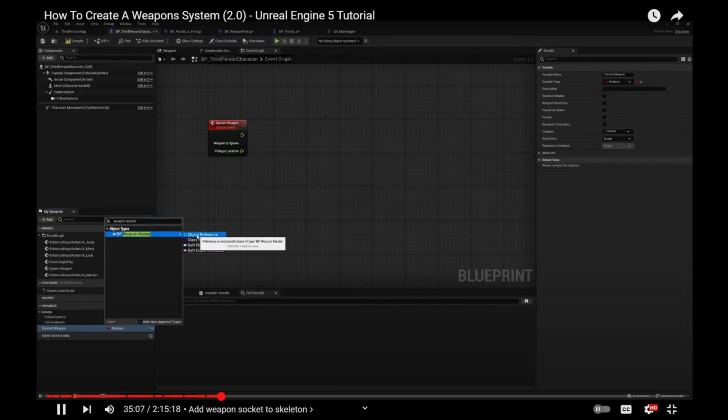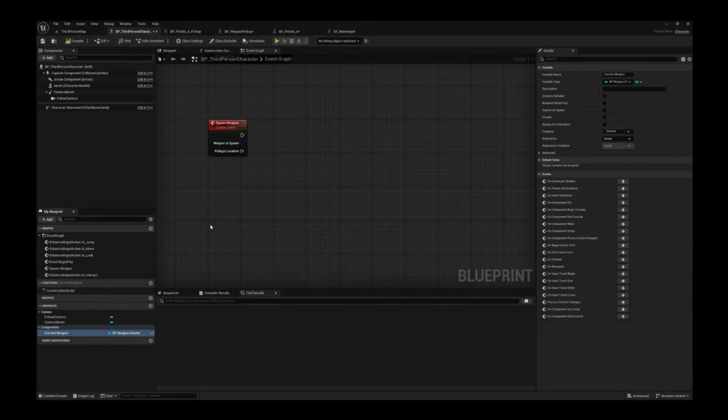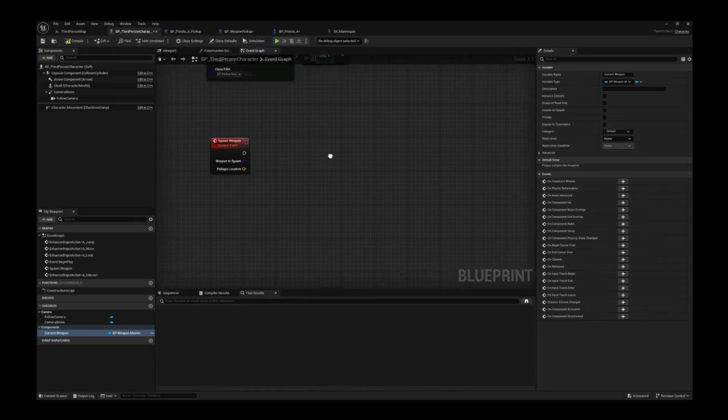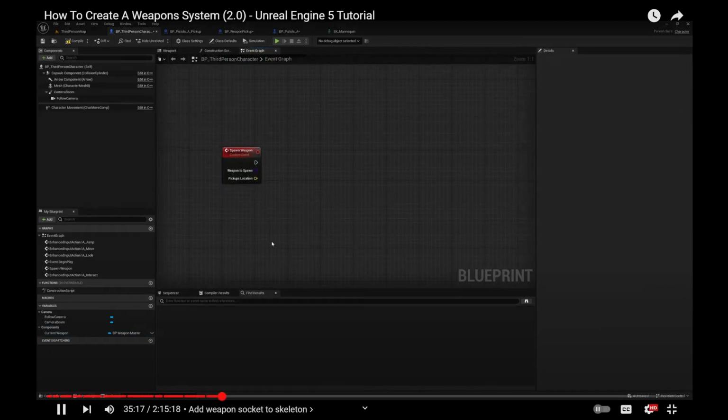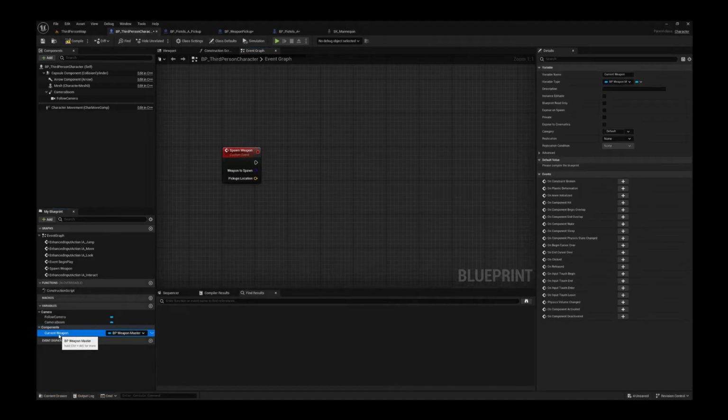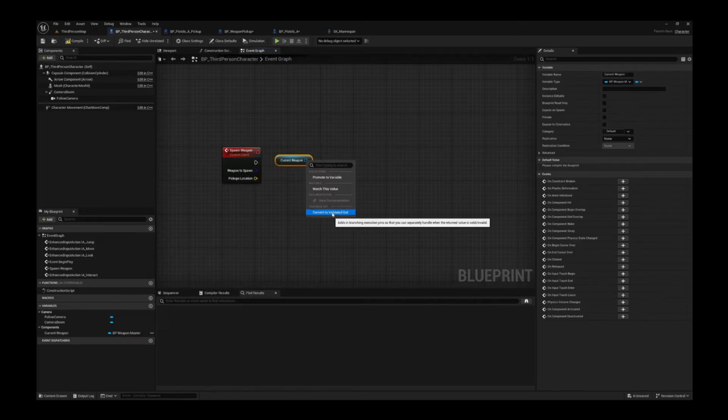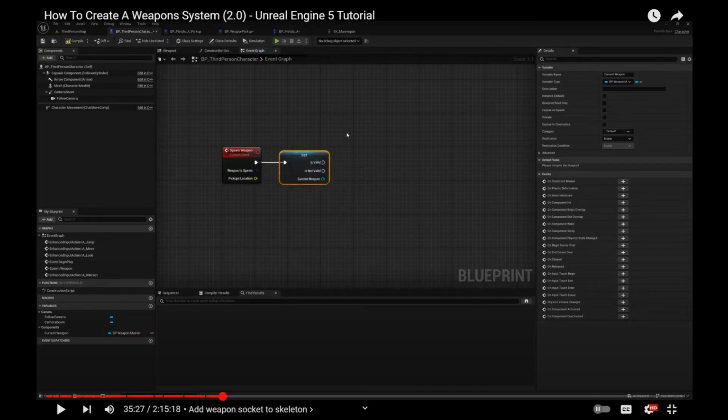Weapon master object reference. So this is a specific object in the world that we've spawned. And so what we might do is just get this current weapon variable right here and then right click on it and convert to validated get. And this is just